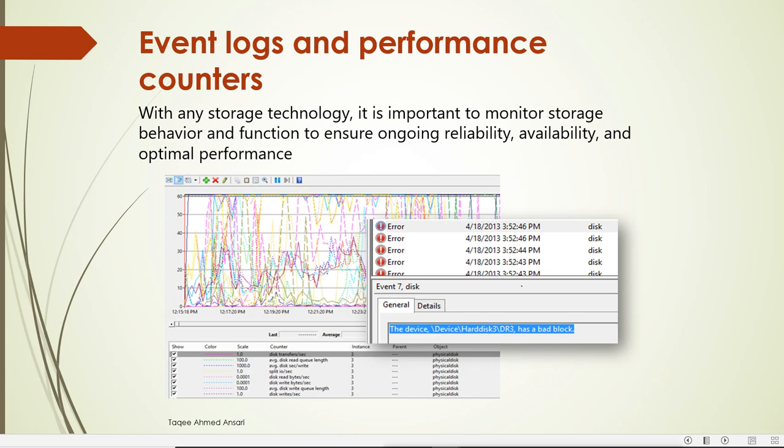For monitoring, we can use Event Viewer, event logs, and also the performance counters. With that we can see how much the disk is used and how much load the disk is getting, so that we can improve our disk and the performance, increase the size, and increase the redundancy also.